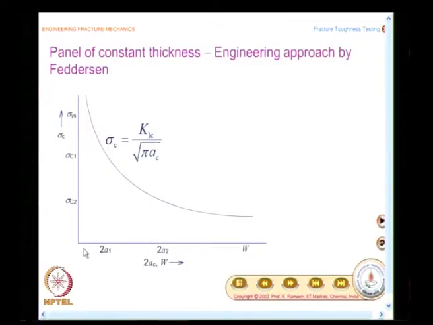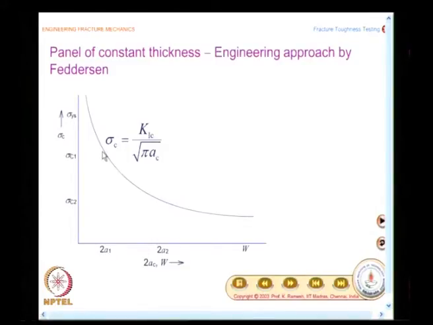So, on the x axis you have the crack length, and you could also see the panel width marked. You could also have the width of the panel, because essentially it is a length measure. On the y axis you have the failure stress, and I have written it for K1C. You could also write it for the initiation fracture toughness or apparent fracture toughness. That will only confuse the diagram. So, I have taken one diagram.